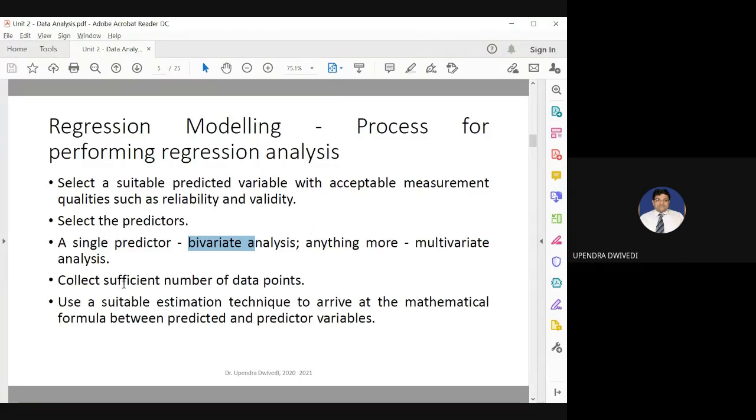And next we have to collect a sufficient number of data points. So suppose we are building an expenses prediction for a house. We have to collect a sufficient number of data points. Suppose we have collected the personal expenses of a house for the last 5 years, last 10 years, and we have defined the predictor variables for that. What were the predictor variables, what were their values, and how had they affected the personal expenses?